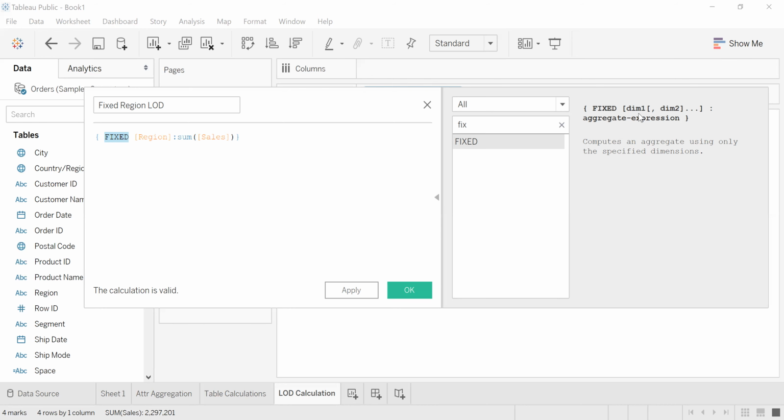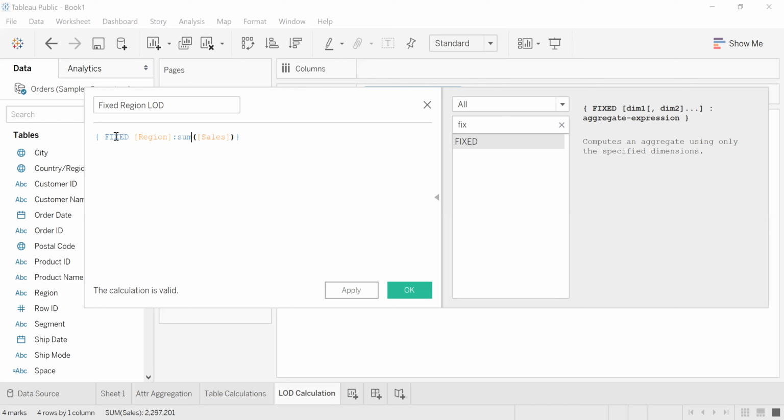Whatever dimension I involve there, the aggregate expression that I am writing is calculated only at that particular level. It will not include the dimensions which are part of my report. It will only include the dimension which I'm defining here with the fixed keyword.